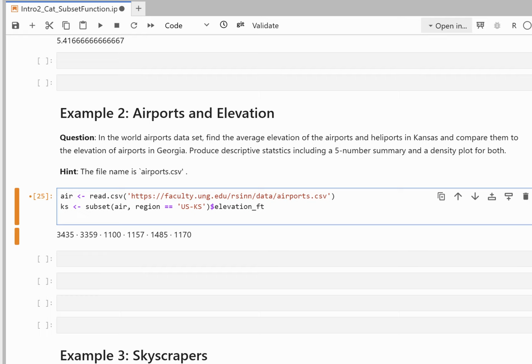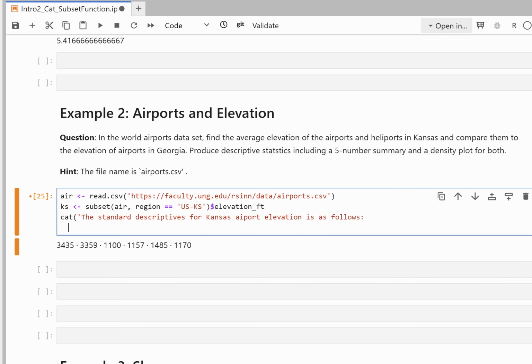So what am I going to do? I'm going to do a cat function, and so the standard descriptives for Kansas airports, Kansas airport elevation is as follows. Okay. And I am going to start with the